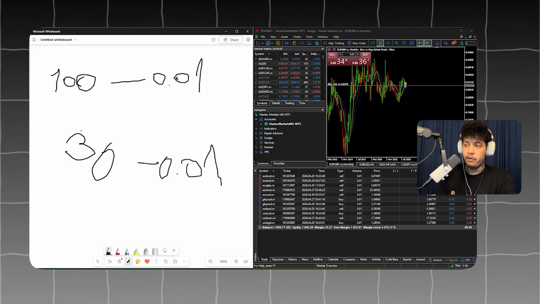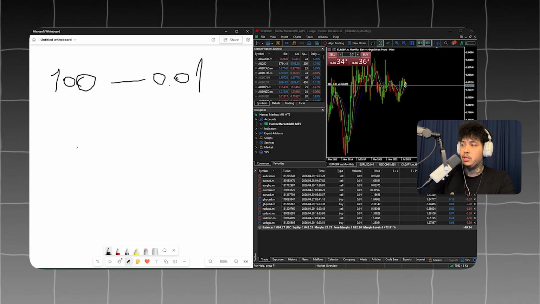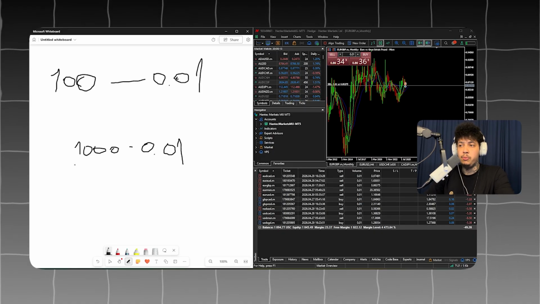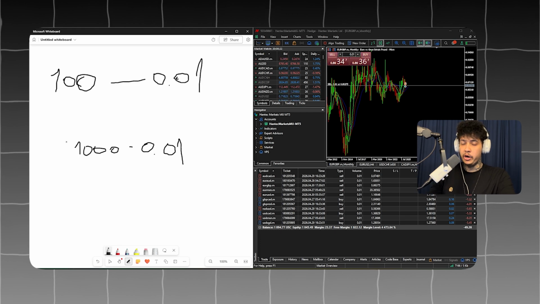Just understand that if you go too conservative, for example, let's say you go $1,000 to 0.01, you actually run the risk of being way too conservative and not even making, I don't know, maybe 1-2% a month, which is not even like a treasury bond or a country's interest rate. So you have to be careful with it, because you are using Forex, a high-risk investment,